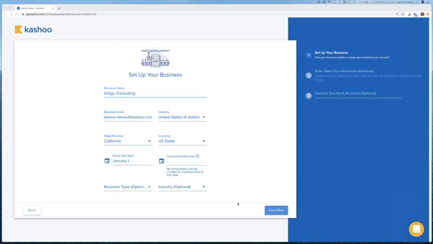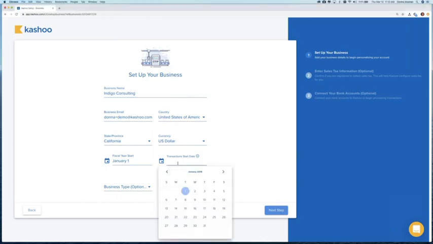So here's the screen that we use to set up your business. We need to gather some information: your business name, where you're located, your currency, and then very important is your transaction start date. As Jim was saying, if you have a current account, we're not going to let that go, but you would want to pick a date and time in which you want to start using new Kashoo if you're switching, or the date and time that you want to just start using